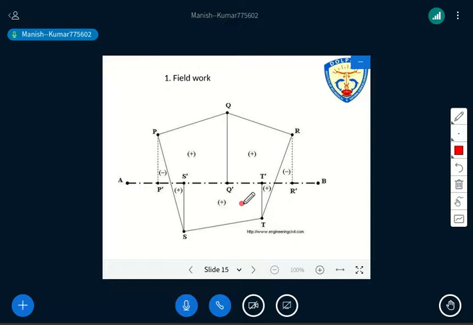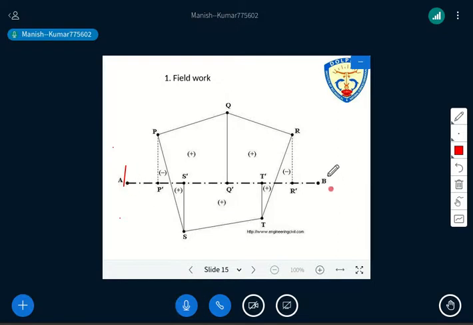So first, what you need, first a ranging rod is established at point A. Just look there, you have to put one ranging rod here, and you have to make this station a fixed station. And then, as I told you in the very first lesson, we have to reference point A by two other permanent structures. Here and there you have to locate two permanent structures, and then you have to locate A. So this is the normal procedure for doing any survey, isn't it?